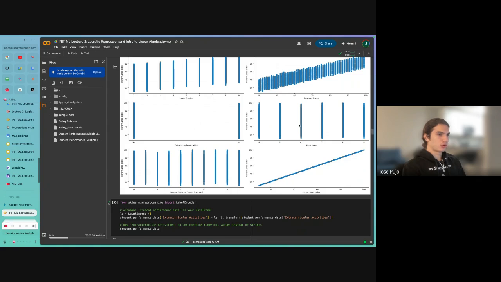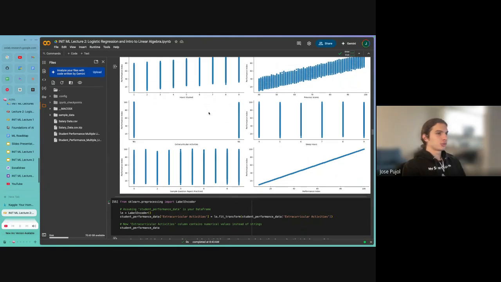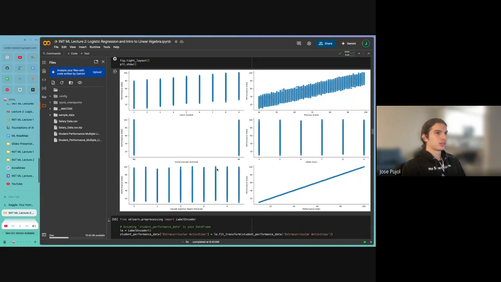Maybe a bar chart would be better, and that's another thing, visualizing is better. And then sample questions practice, again, you probably don't see it here, but there's probably a higher density over here. And then this is just performance index versus performance index, so we're expecting a very linear correlation. We want our model to capture the patterns underlying the data here.